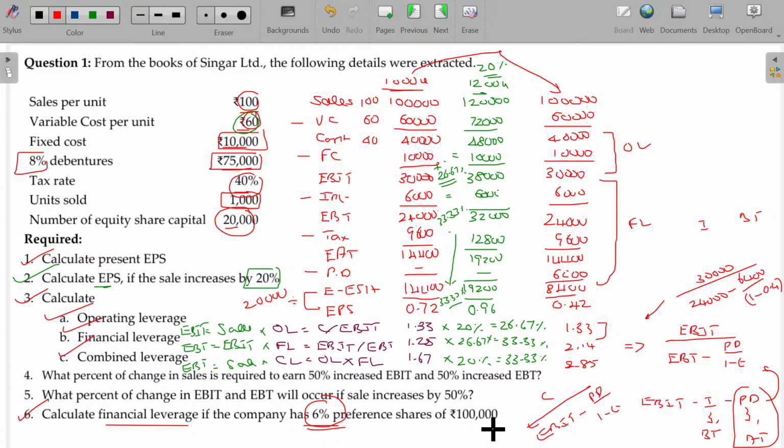Finish up copying all. So I have to finish up question number 4 and 5 with that. Leverage chapter is completely over. To master it, we will study additional illustrations, and I will guide you how the formula is derived. The operating leverage formula is C bar EBIT, financial leverage is EBIT by EBT, and operating leverage times financial leverage is equal to combined leverage. How do we arrive at that? So we'll see that. We'll now be finishing the fourth and fifth.